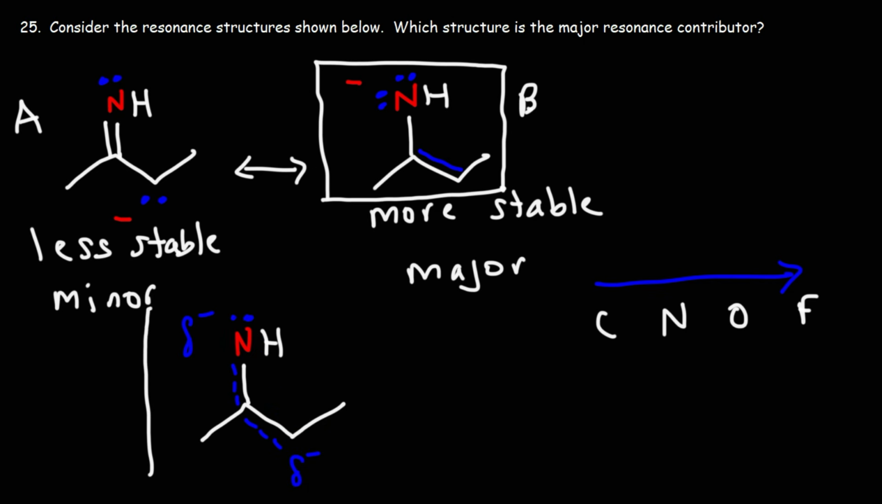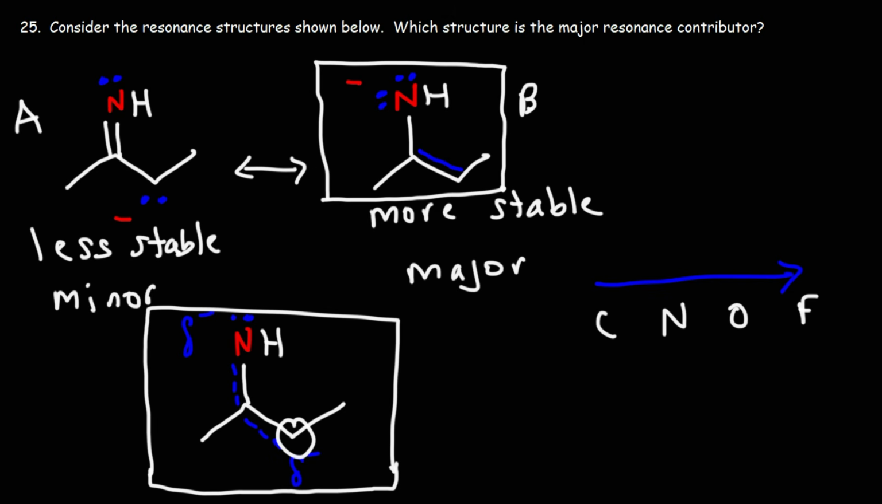But because nitrogen is more electronegative, most of the negative charge will reside on the nitrogen atom. Even though this carbon will have some negative charge, the majority of that negative charge will be on that nitrogen